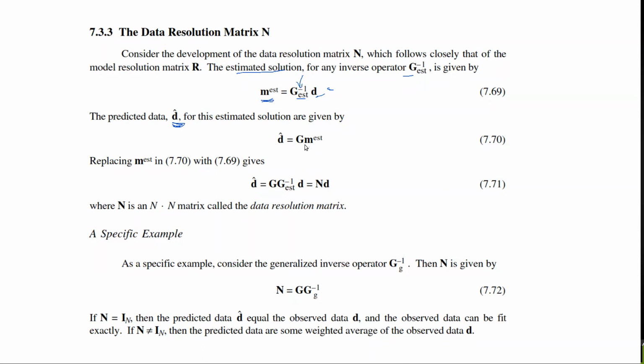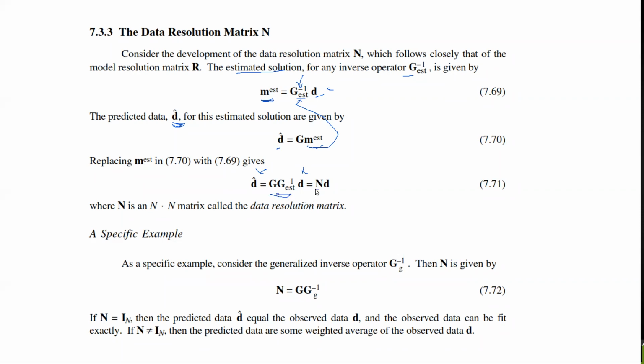Okay, then we can see that if we replace this G, this is the predicted one. If we replace this M estimated by this, then we have G inverse D. Okay, this is the actual data. This is the predicted data. So it gives us a relationship between the observed and the predicted data. And so this G